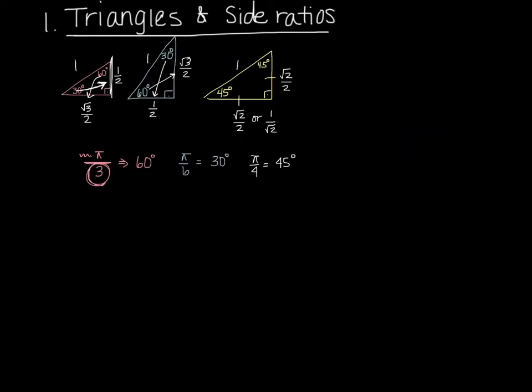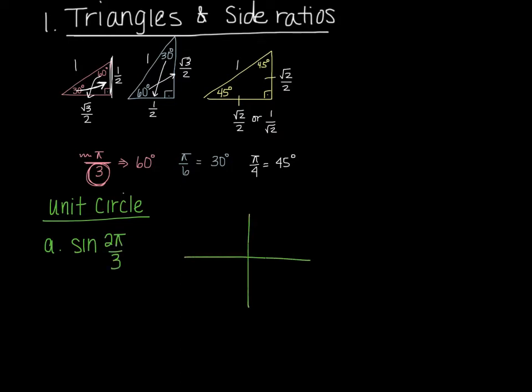Okay, so speaking of this unit circle idea, let's talk about what this will look like. For example, if I ask you to find the sine value at 2 pi over 3, what I'm looking for is the triangle that will represent this 2 pi over 3 angle. So I write what all of these boundaries are in terms of radians.